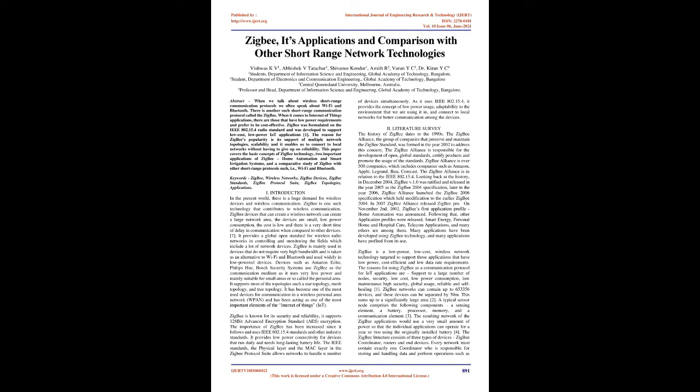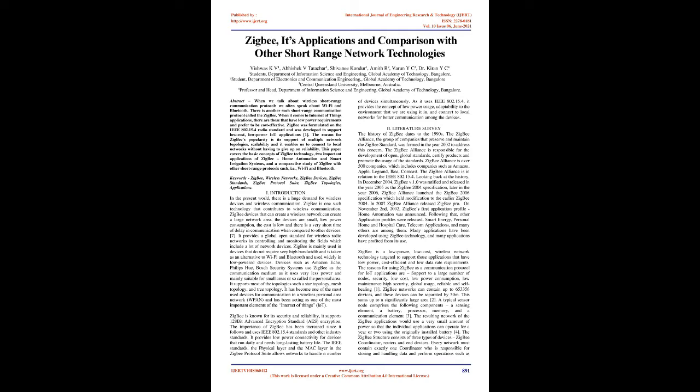Literature survey. The history of Zigbee dates to the 1990s. The Zigbee Alliance, the group of companies that preserve and maintain the Zigbee standard, was formed in the year 2002 to address this concern. The Zigbee Alliance is responsible for the development of open, global standards, certifying products and promoting the usage of the standards. Zigbee Alliance has over 500 companies, which include companies such as Amazon, Apple, Legrand, IKEA, Comcast. The Zigbee Alliance is in relation to the IEEE